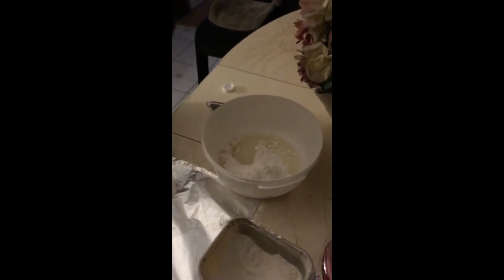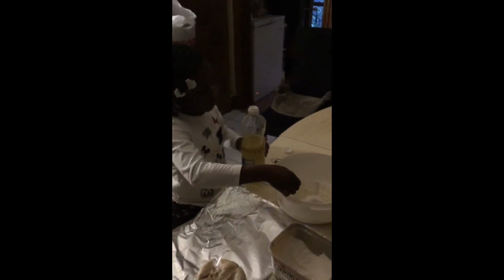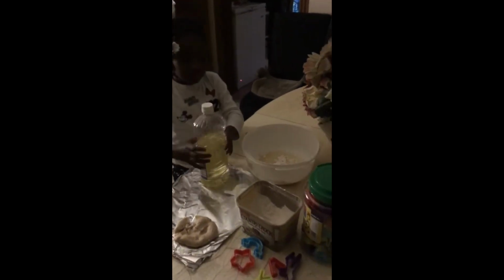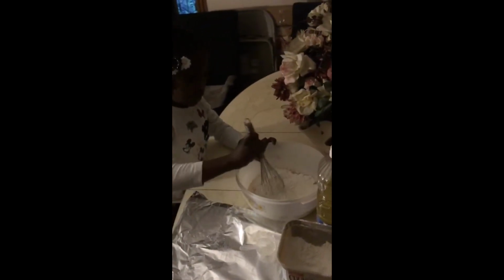So this activity is all about what it feels like. We know what clouds look like. You can discuss that with your child. They look very soft. So now we're going to do what they may feel like. So when you're done with your oil, put the top back on, place it back with the rest of your materials, and then you can take the whisk and begin to mix and stir